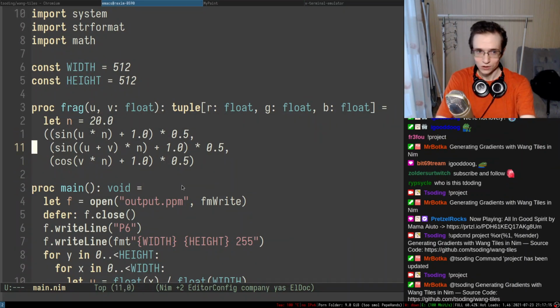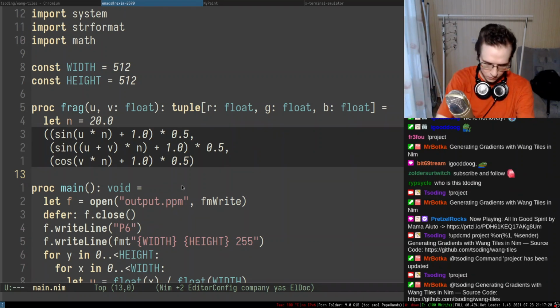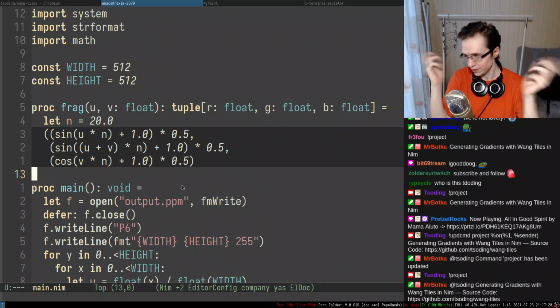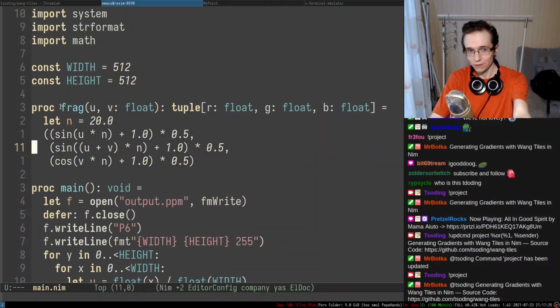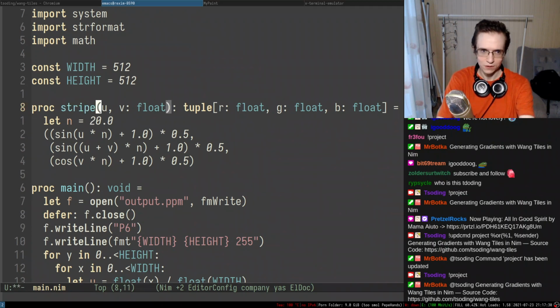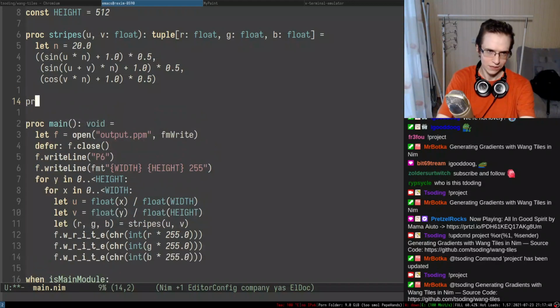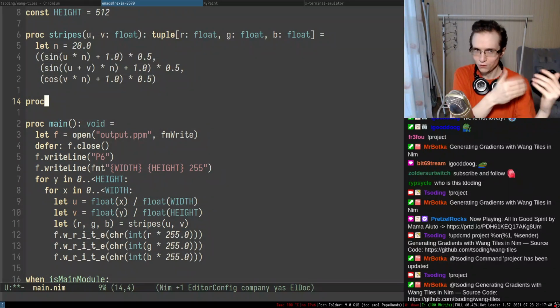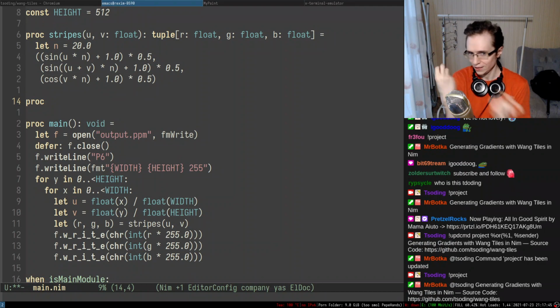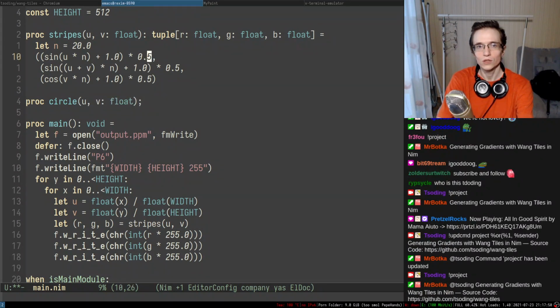And by the way, another interesting thing is that generating circles with this kind of style of shaders is actually super easy. Oh, and you can actually have several shaders in here. So here we have stripes, and I just use stripes. And then I can create another shader. So you see, I can have several functions that represent these fragment shaders, and I can swap them out, and that will work. Another one is going to be a circle. You accept UV coordinates like this, and you return a color.